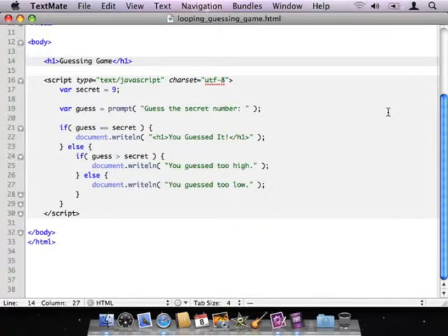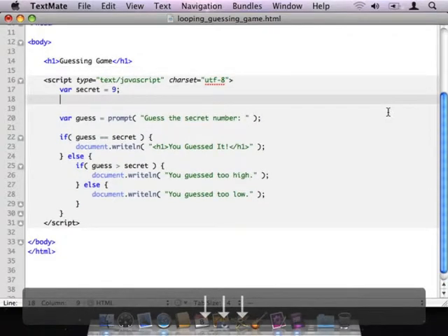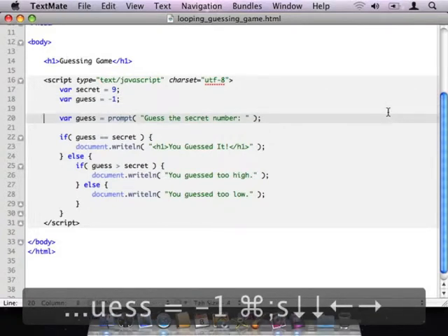With our newfound knowledge of while loops, something that becomes possible at this point would be for us to go back and redo our guessing game so that a user is asked multiple times to guess the secret number. More or less, they are forced to guess the secret number, in that they won't be able to get out of the loop until the correct number has actually been put in. If I wanted to implement this, one of the first changes I would make is to create a guess variable and initialize it to a known value, maybe -1 for example,